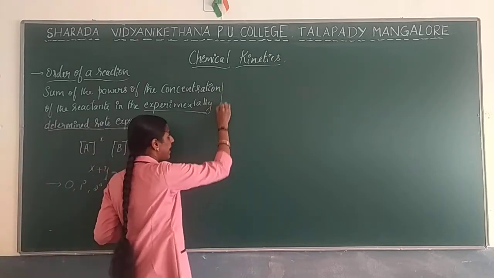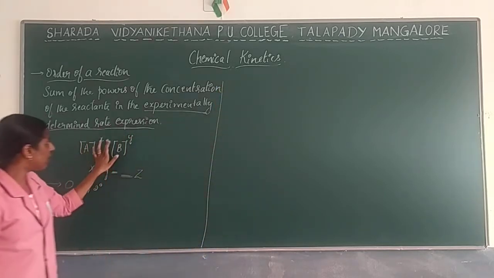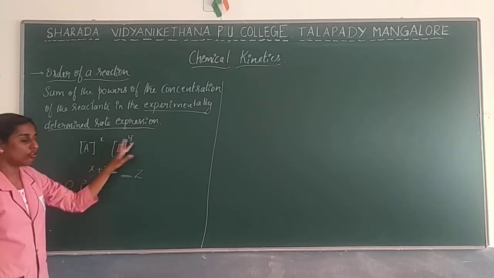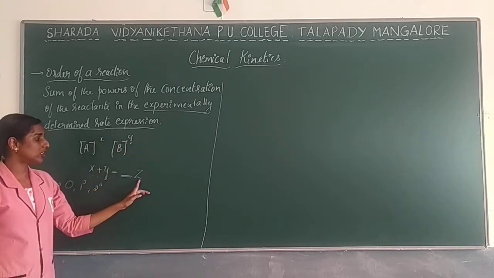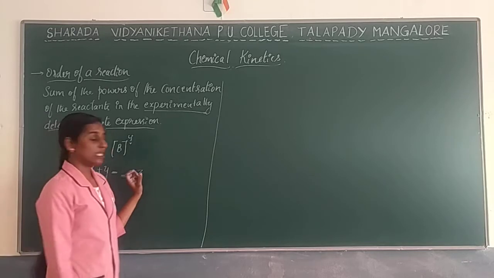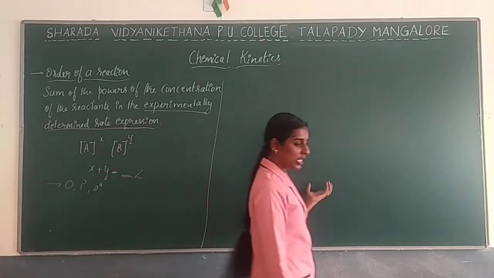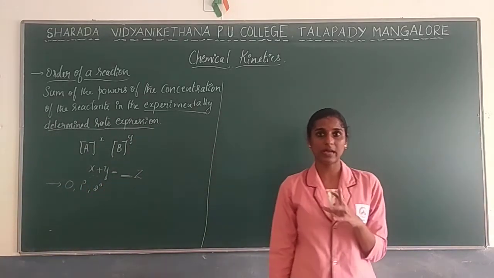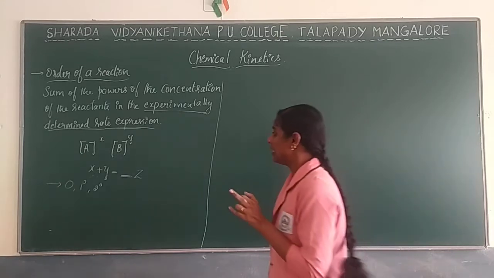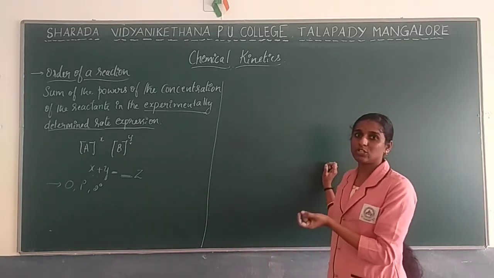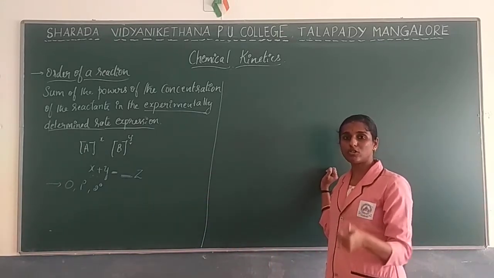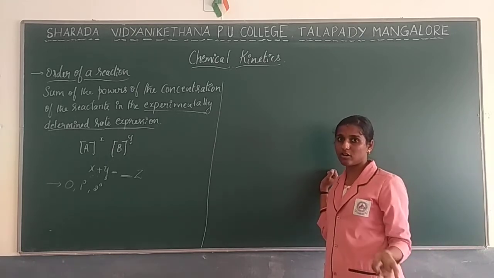Based on the experimentally determined value, you are going to check whether the order of reaction is primary, secondary or tertiary. The examples we learn under this concept, learn them properly, because they will give a reaction and ask whether the reaction undergoes primary order, secondary order or zero order.